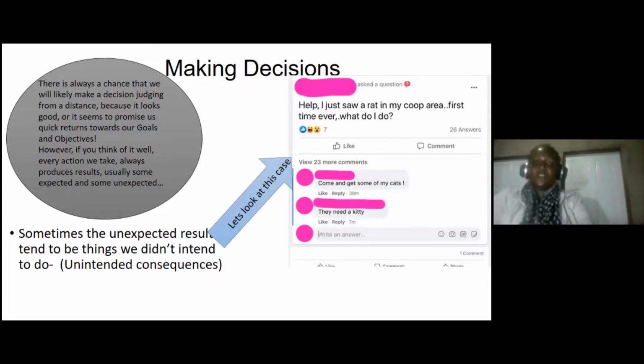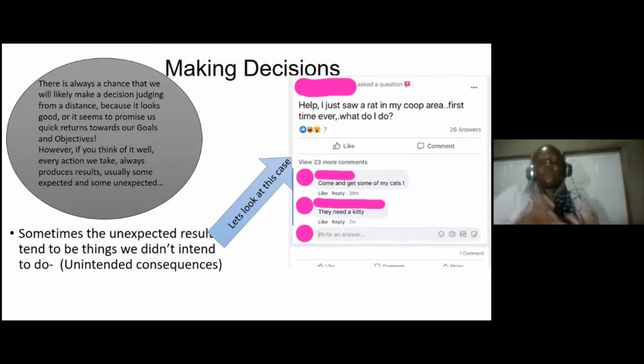Exactly. So you want to be conscious of how you balance it out. You want to ask, what could be drawing rats here anyway? Maybe am I cleaning my coop well? Maybe my chicken food is outside, and then rats can easily access it. And then next thing there'll be rats. And if you are in my region, next thing you have big snakes chasing after rats. You've started an ecosystem that you don't want.